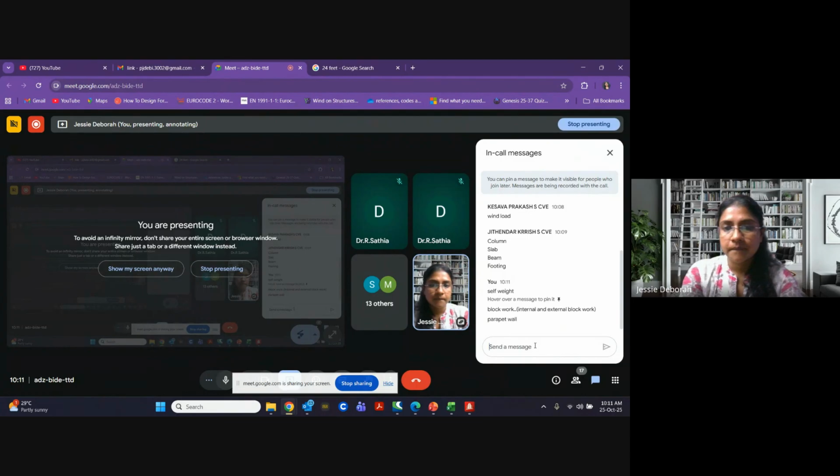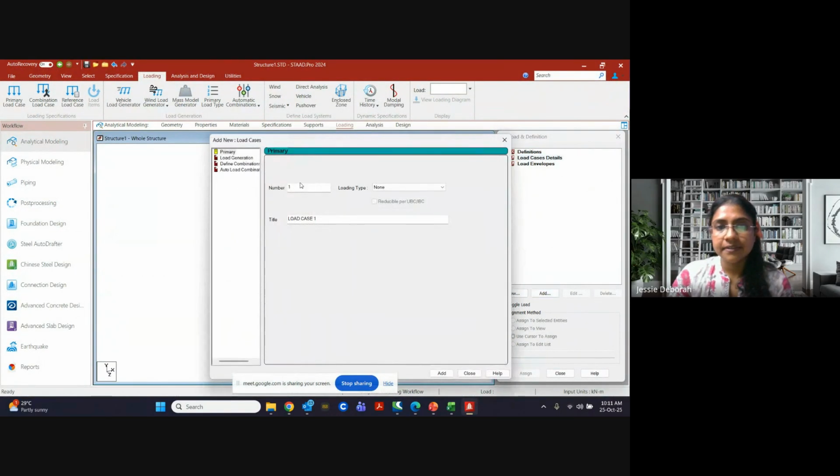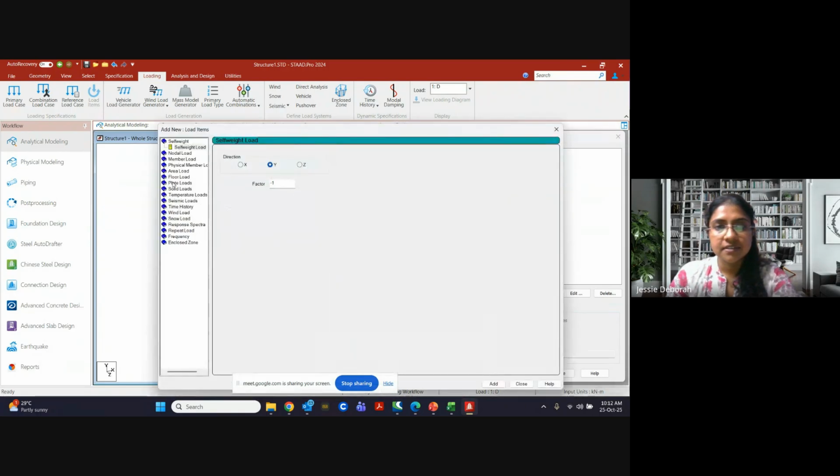Okay. So now let's apply self weight. Load case, add dead, D, add. Live, L, add. Going here, I will add first self weight. Self weight is always -1.